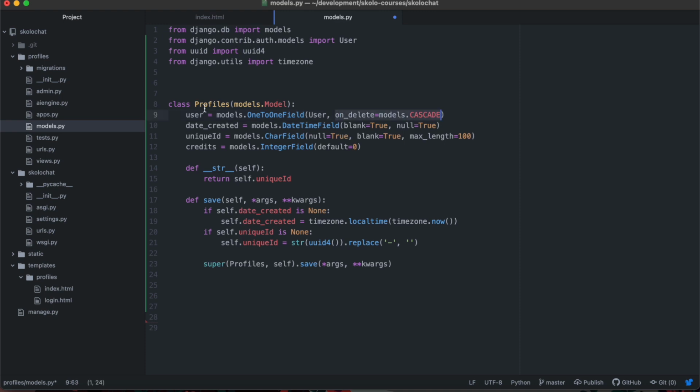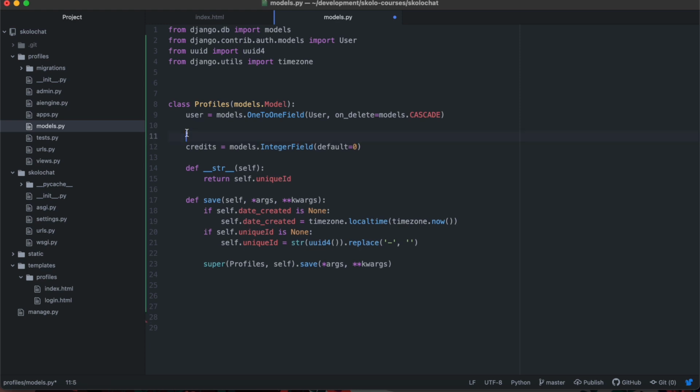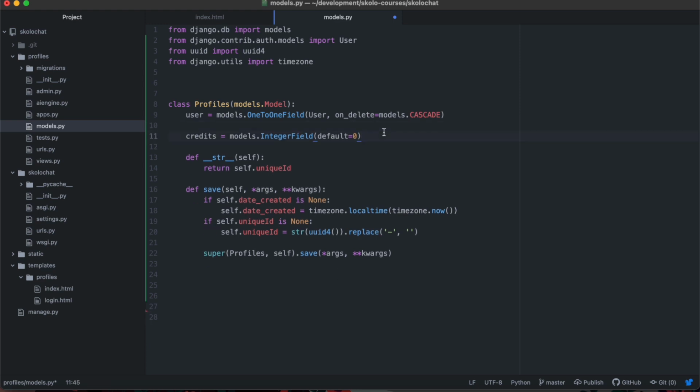All right, so the user is actually a built-in model, so we can just import it. It's pre-built with Django, and then we're going to import it at the top, and then we're going to sort of extend it. When you do a one-to-one relationship, it's really extending it because you have the user there, and then you can add other fields to the user that you want. Obviously we're going to add a little bit more, like you can see over here, you have date created. I think that's important, so we can keep track of when